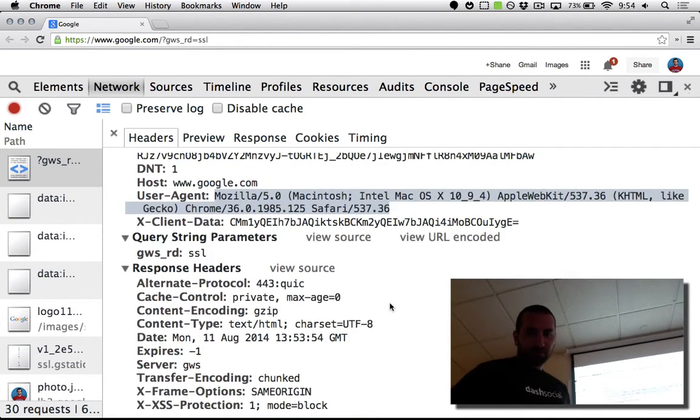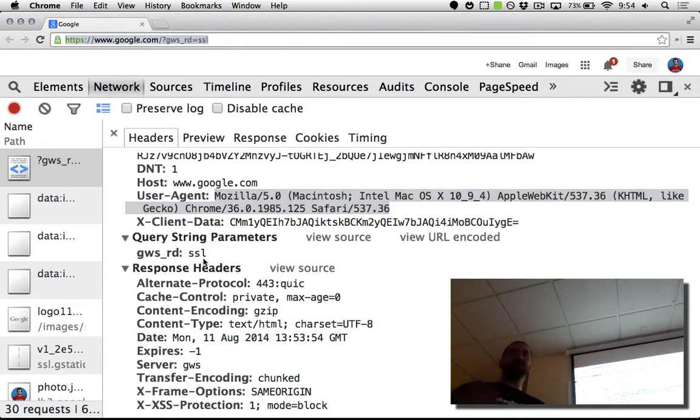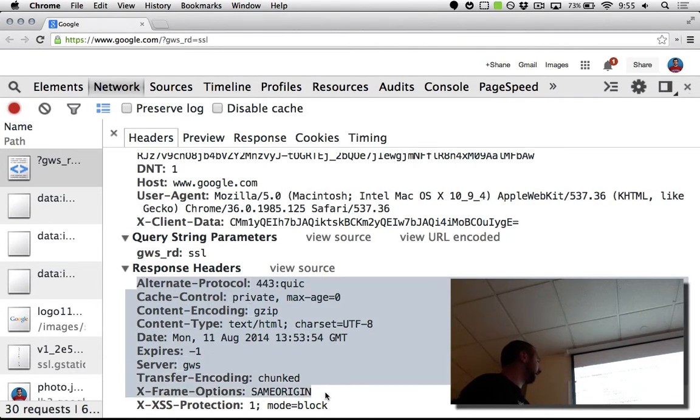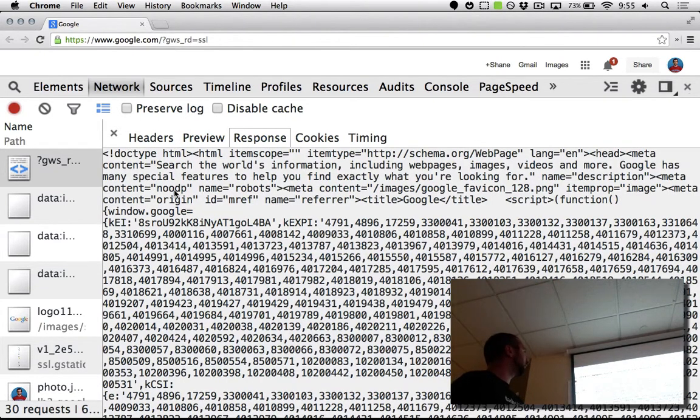That's actually the bottom. So any query string parameters that we're sending in the URL, those are right up here. GWS RD is SSL, so it's basically a redirect. And then here are the response headers that we get back, along with our actual response, which is our HTML,